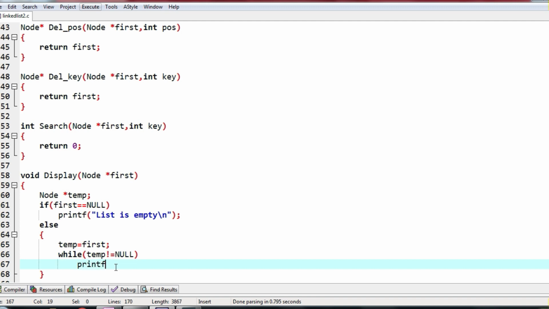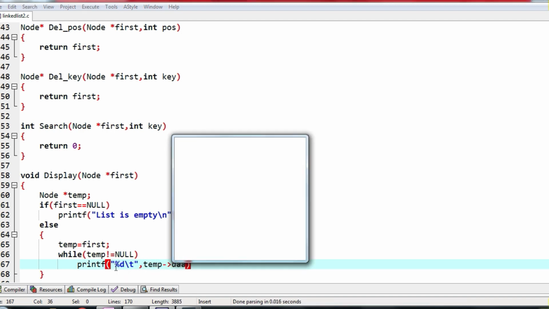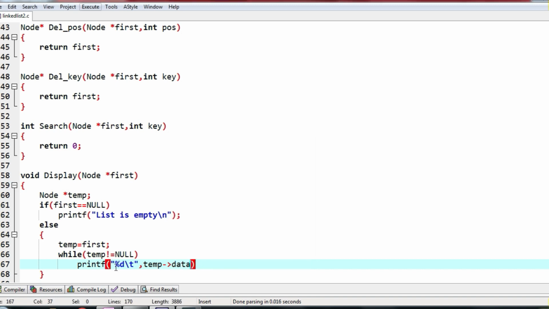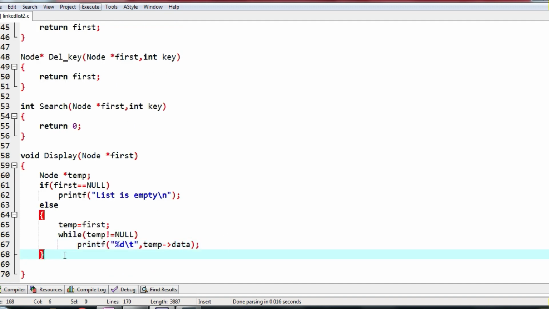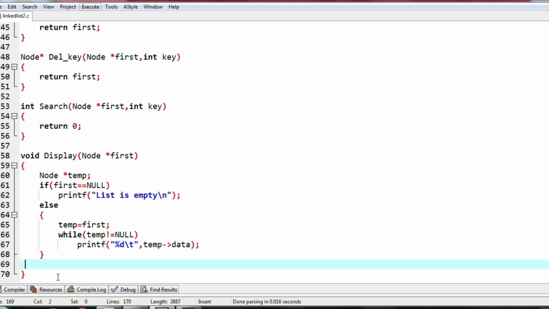Only one instruction, so there is no need of curly braces. So I'll just write %d\t, and what am I supposed to display? Data contained in the address of temp. That's it.